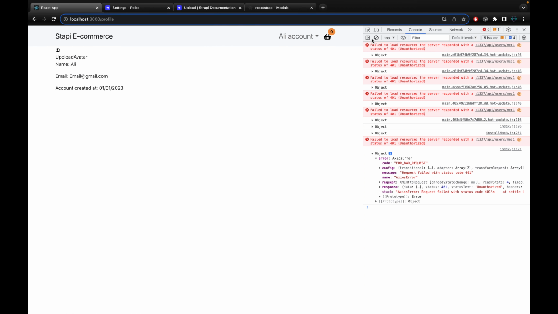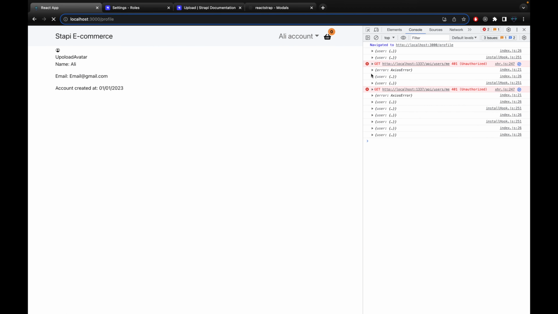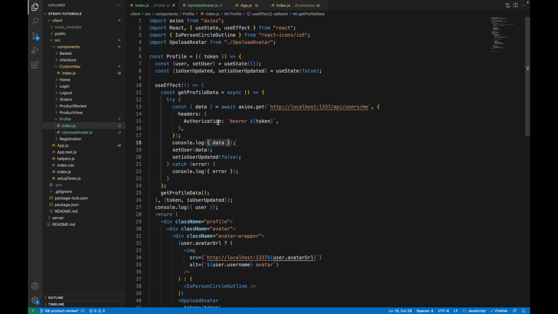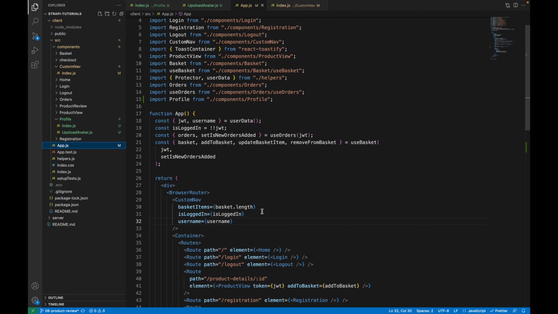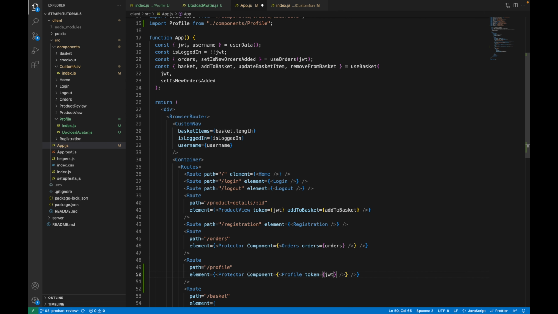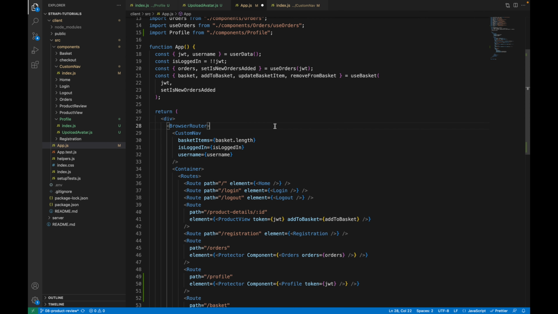Let's try reload. So now we have the user data. Now that is empty and unauthorized. Let's try, yeah, I think we forgot to pass the token. So this token, let's go back to the API and pass it to the profile. This profile doesn't have a token, which is going to be just the JWT. We have it here, this one. And save this, and if you go to profile,